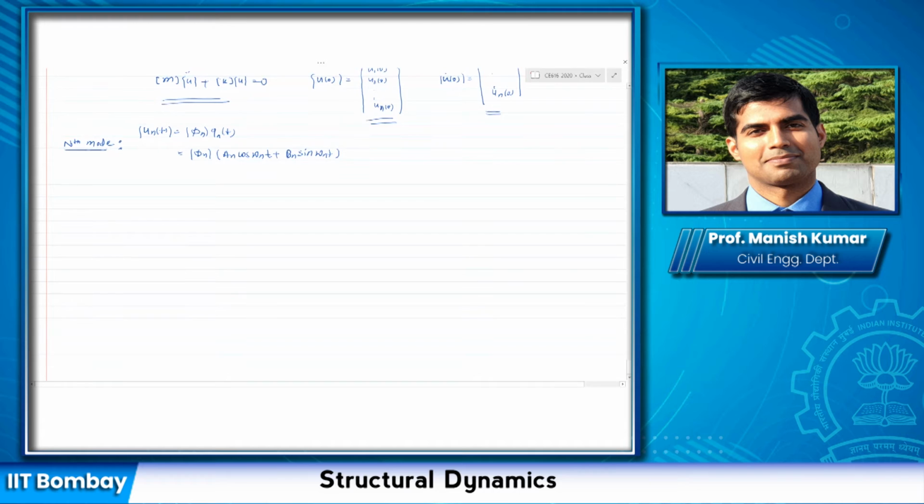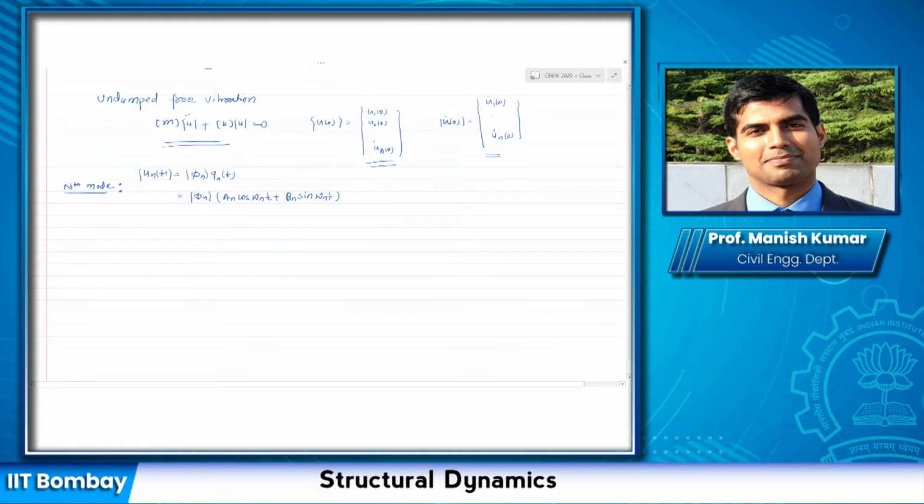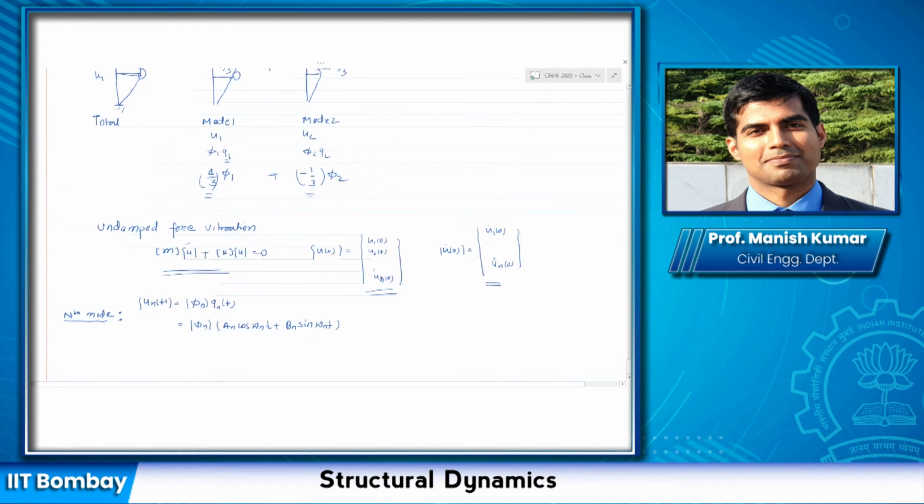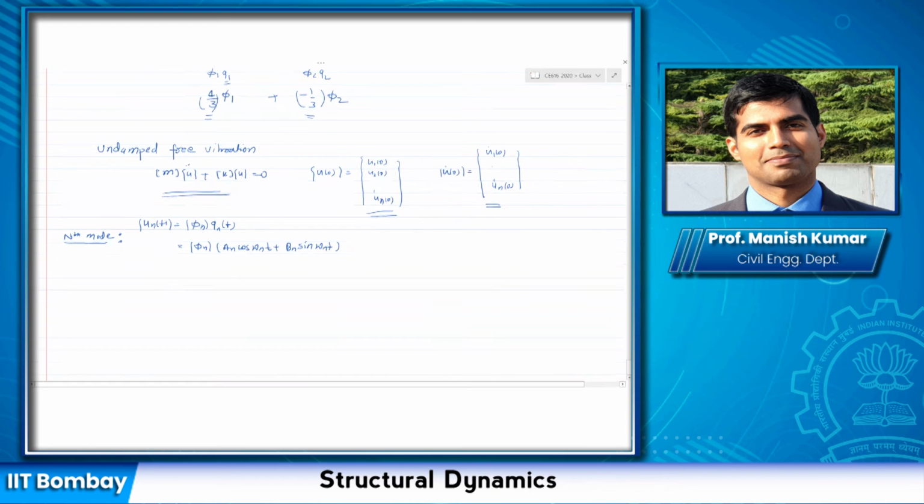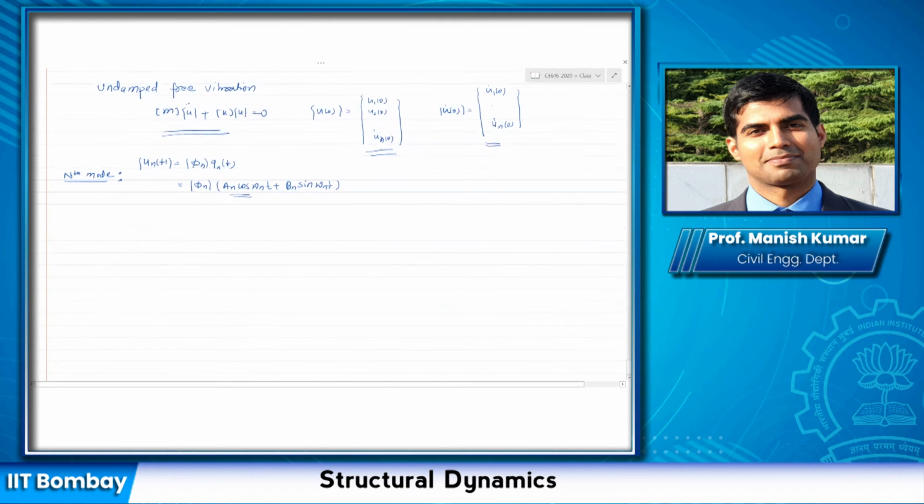Just in this case, we were determining q1 and q2 at a particular time instant. So we had one single value, but at different time instants, q1 and q2 would be different. So basically here, q1 is a function of time, and this is what we need to find out. These unknown coefficients A_n and B_n need to be found out. And how do we find that out?